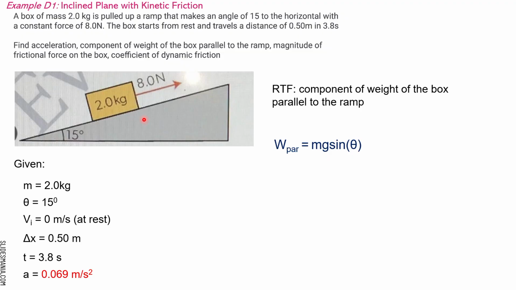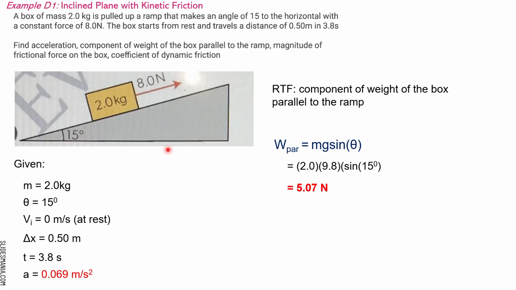So the component of the weight that is parallel to the ramp is simply equal to mg sine theta, or the blue arrow. So the mass is 2 kilograms, from our given quantities. The gravity, which is g, is always 9.8, times sine 15 degrees. That's from the theta right here, sine theta, which is 15 degrees. So if we calculate that, that gives us